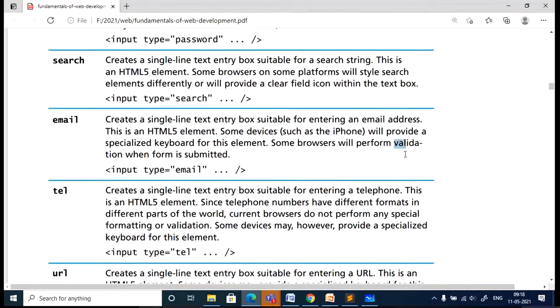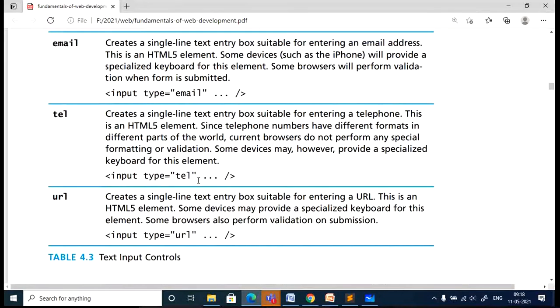So this is mainly why we'll go with input type equal to submit: automatically it performs the validation. Otherwise, you need to write the code separately for validating the input. Similarly for telephone number, it can be used for formatting and also for validation. Otherwise, the simple method is to go with text and write a separate validation script to validate the telephone number or the mobile number, whatever is given.